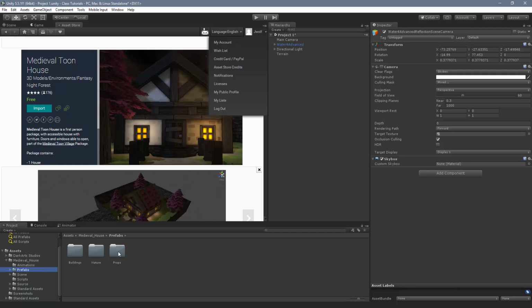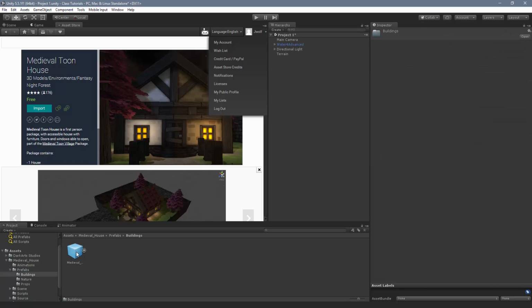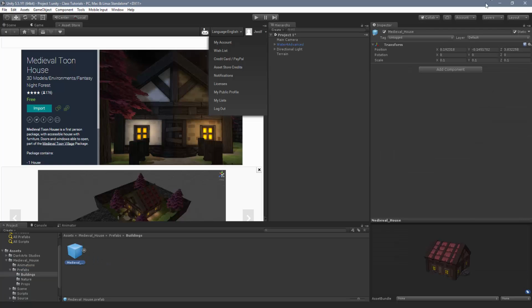And I've got buildings, nature, and props. So this was a little bit more complicated or involved asset. It wasn't just a building, but I'm gonna stick with the buildings. Come in here, and here is my medieval house. Pretty straightforward. I'm gonna come back to my scene view